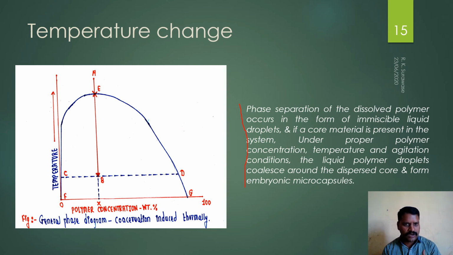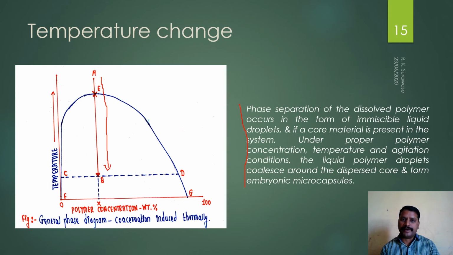So at point A, suppose you add the finely divided powder of our core material, N-acetyl para-aminophenol, with continuous stirring or agitation at point A. Clear? Above the binodal curve F, E, G, the temperature is high, up to the boiling point. Ethyl cellulose is solubilized in cyclohexane, and at this point you add the finely divided powder of core material with continuous stirring, and then continuously decrease the system temperature up to B.